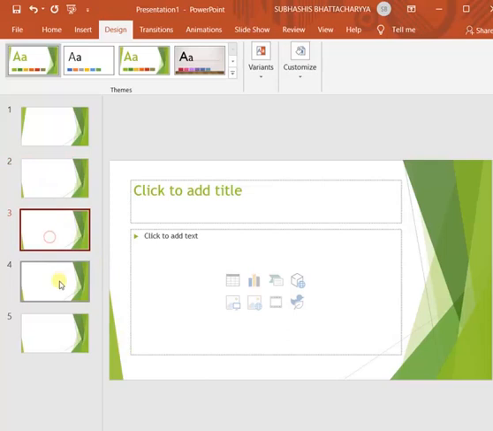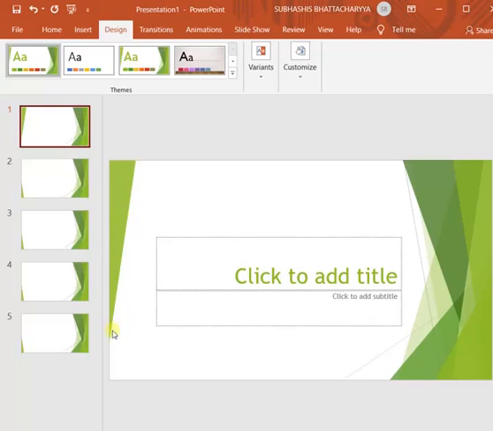And after that all the slides follow slide number 2. So 2, 3, 4 and 5 have exactly the same background style, but slide number 1 is somewhat different because it is the cover slide, but it has the same theme.